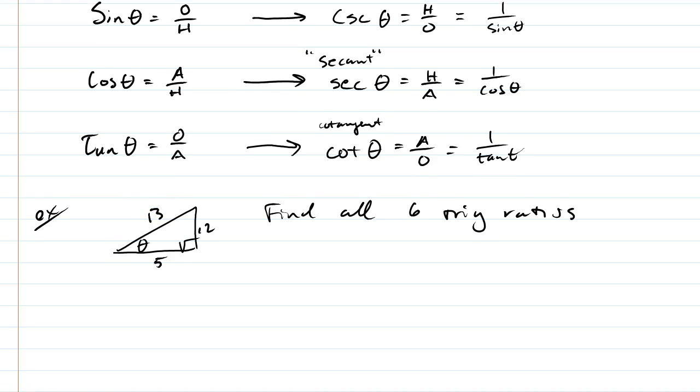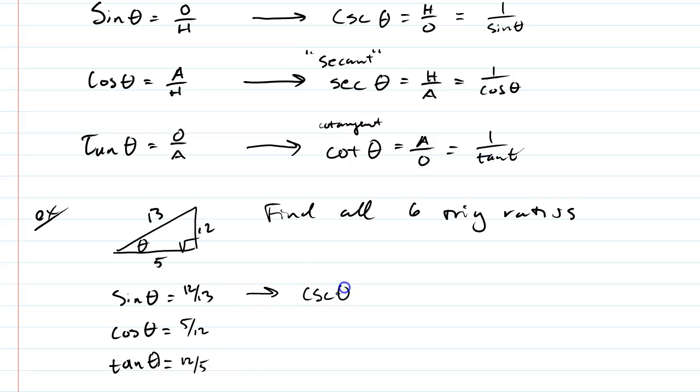Okay, so to find all 6 trig ratios, I normally start with my original ones. Sine here is going to be opposite over hypotenuse. Cosine is going to be adjacent over hypotenuse. And then tangent is going to be opposite over adjacent. Now to find my partners here, cosecant of theta is if I take the sine and flip it over. So that would be 13 over 12. Secant of theta is this flipped, which would be 12 over 5. And then cotangent of theta would be